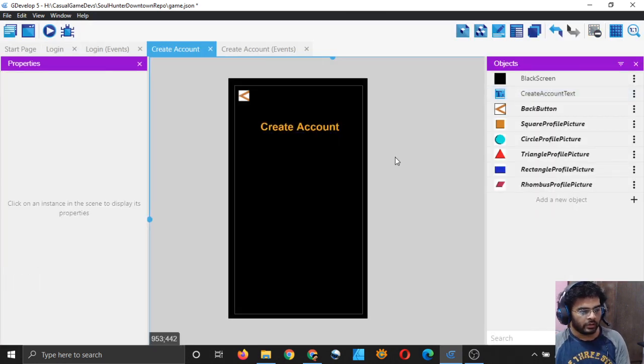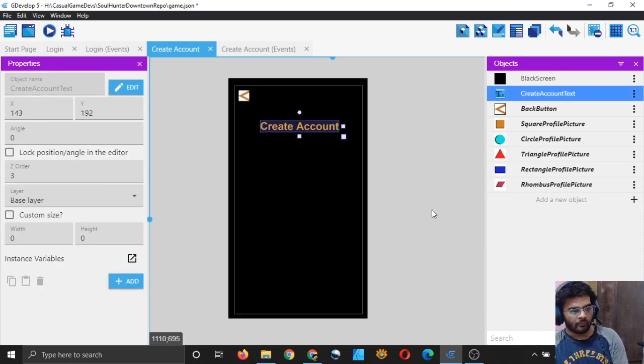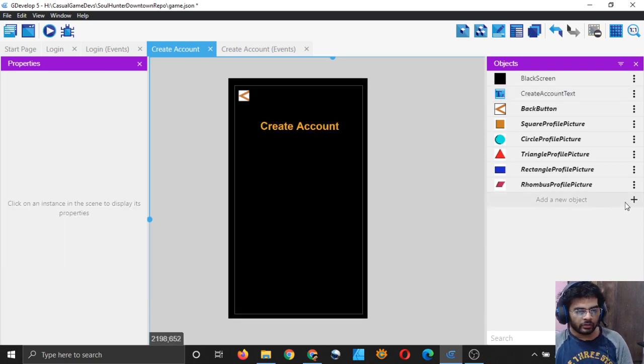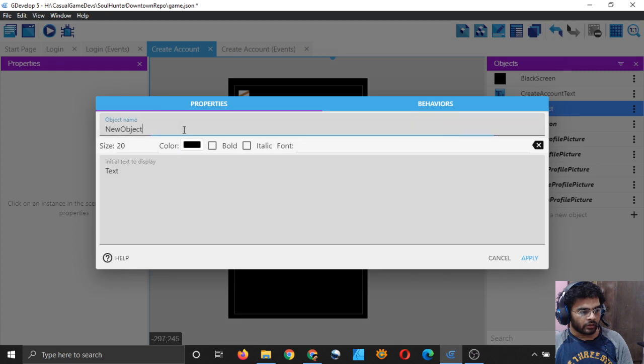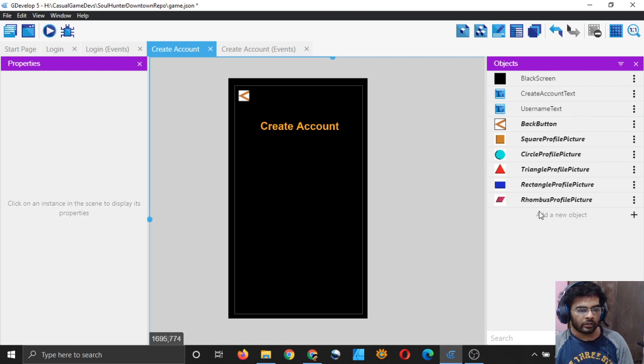Okay, so now we need some input, but before that we also need to tell the user what to write. So I will just type username text and give it a size of 40 and orange color, and type here enter username and apply, right?